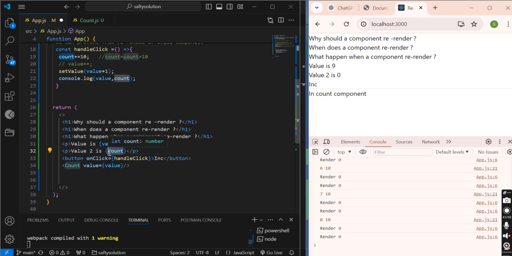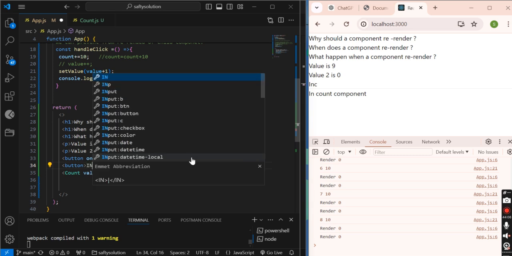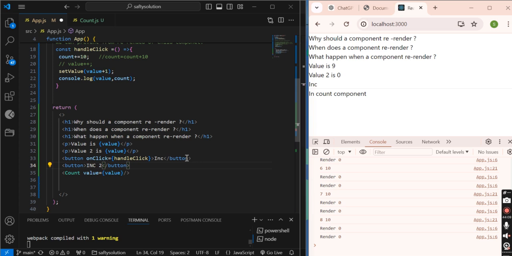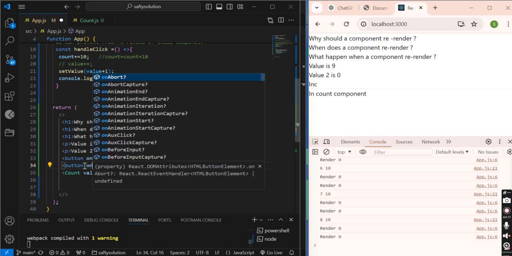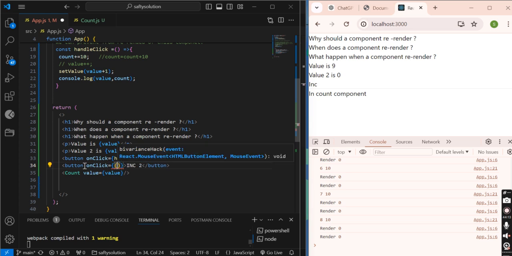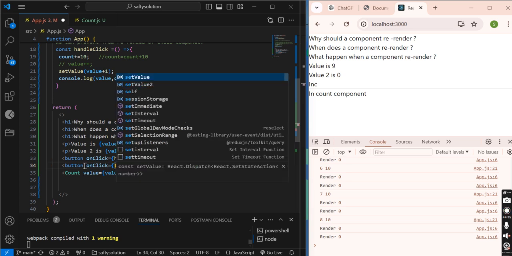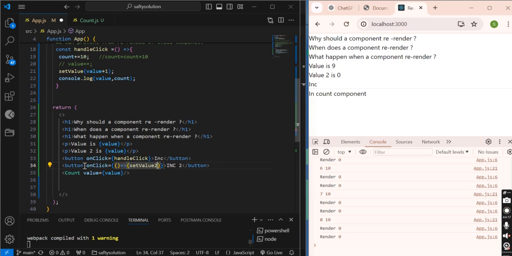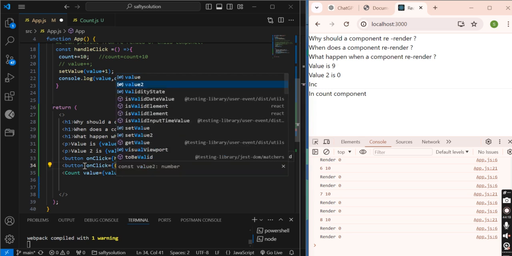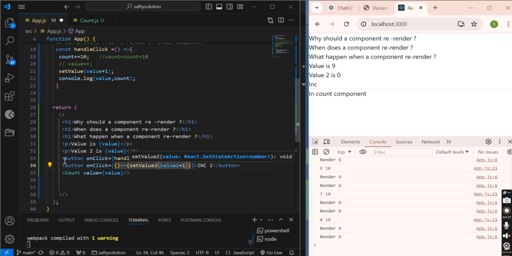Now I am using value2 here, and inc2. For that I am using an inline function, value2 plus 1.